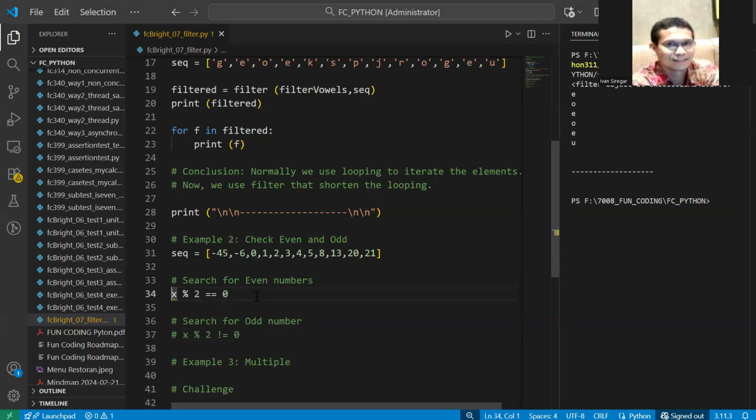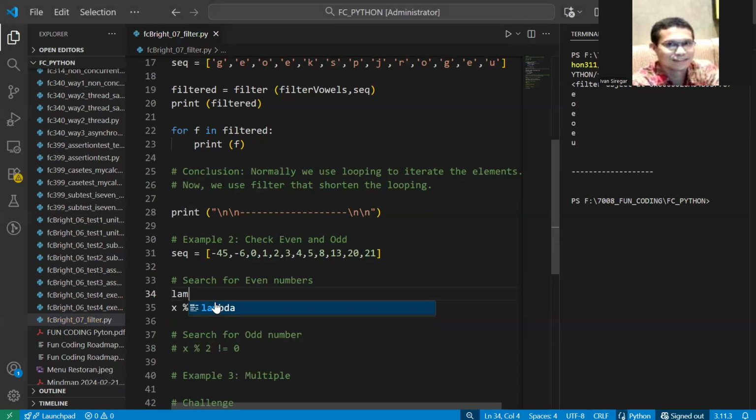So how can we deal with this? X will represent all of the members coming from the sequence. Okay, so that's why we need a lambda here. Lambda will help us. Lambda is a kind of built-in function that helps us do a kind of simulation.